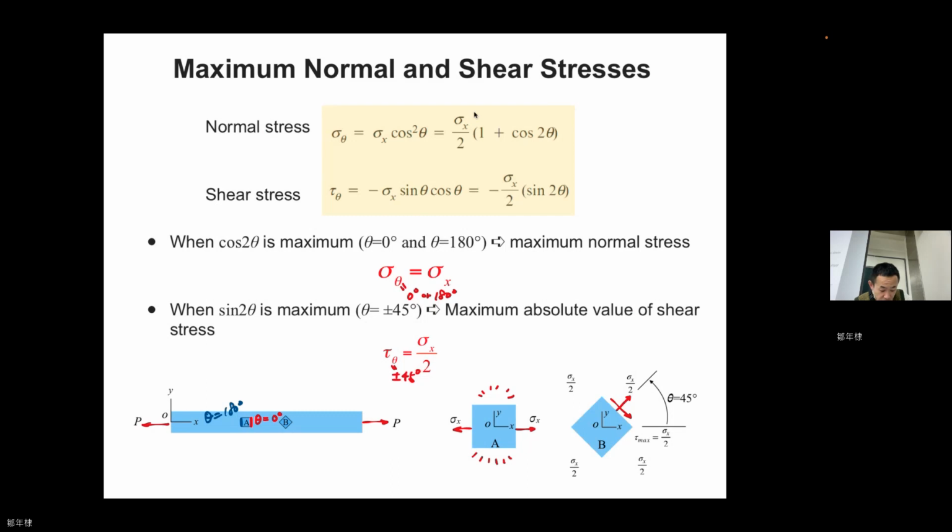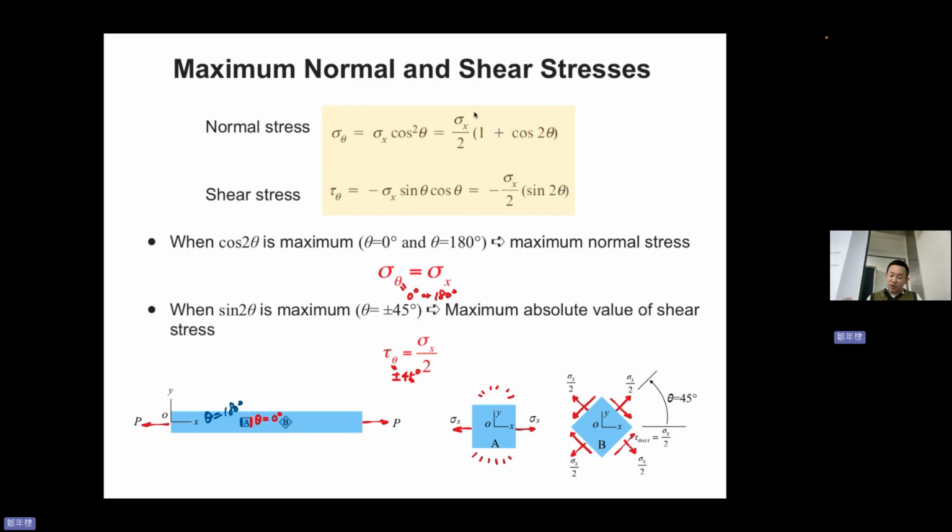And this one is 45 degrees plus 90, so 135 degrees. If you substitute the theta into the two equations, you can obtain another set. And 135 degrees plus 90 again, you can obtain this one. And minus 45 degrees, you can get this one. So you can notice that